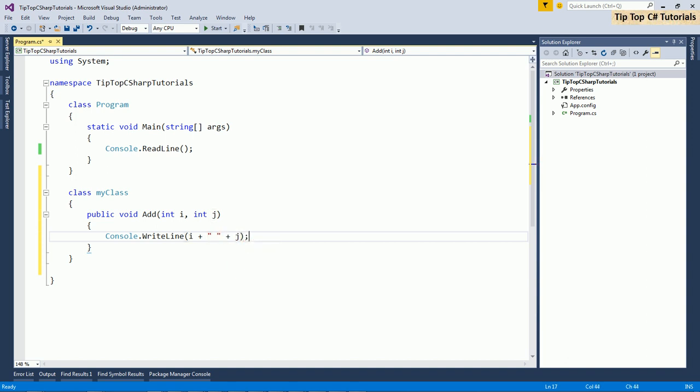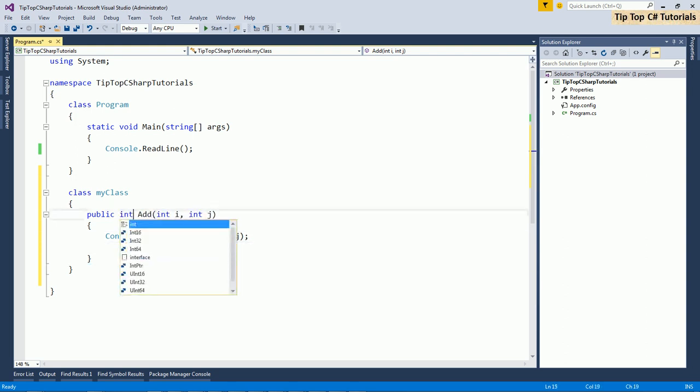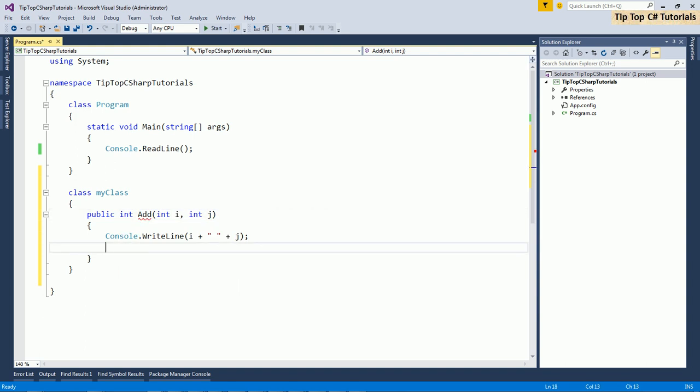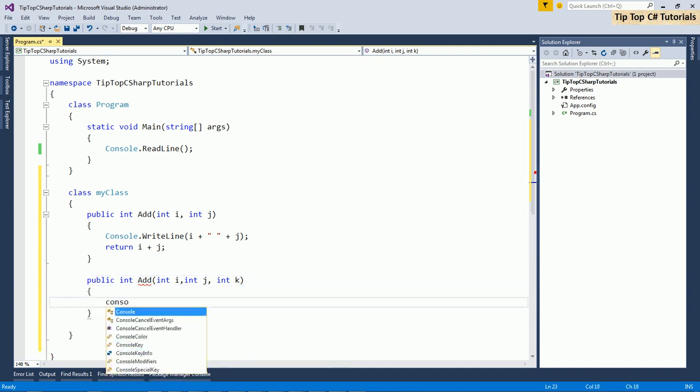And then I want to return something, so I'll return i plus j. Now if I want to create another method with the same name where the behavior is also same, I can do it, where I'll have the same name but I'll have different number of variables.